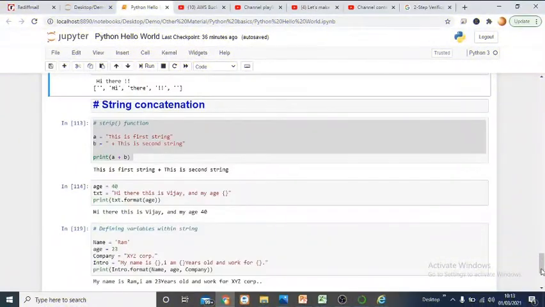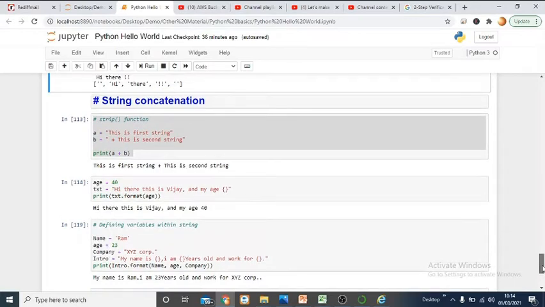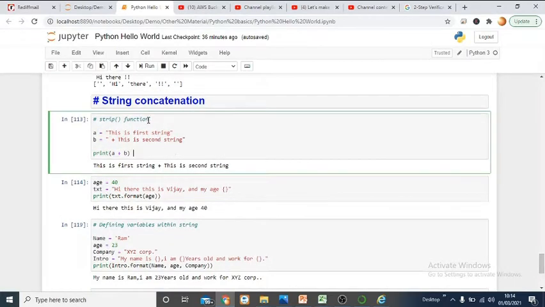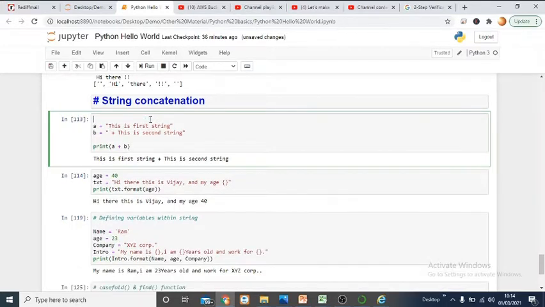All right. So now, after looking at various string operations, where we have seen how to use lowercase and uppercase, and also split functions, now we are going to see a few more functions on strings which are going to help us a lot. All right. So first, let's understand how we can use the plus operator on strings.